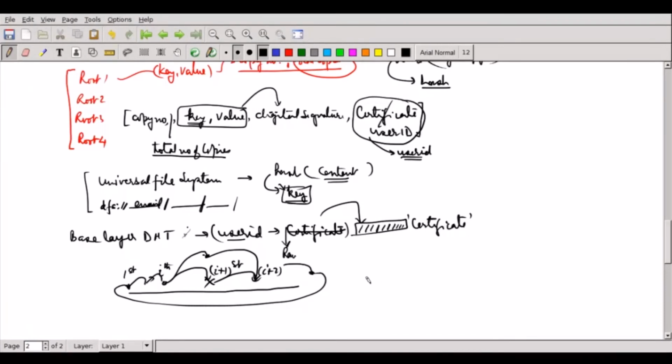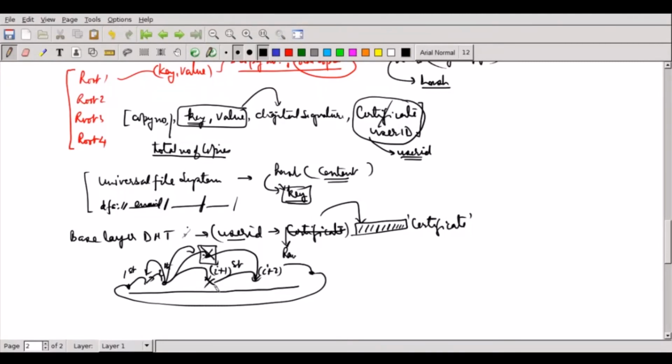Now we can further innovate. There is a possibility that one of the root nodes is a rogue node, which keeps a garbage entry and does not publish any further. So you can publish in both directions. Every node can publish to i minus first and i plus second in a cyclic fashion. Even if one node is rogue, from the other side you will be able to publish the whole thing. Otherwise, when people try to find it, they will not get the entry when the query terminates here.